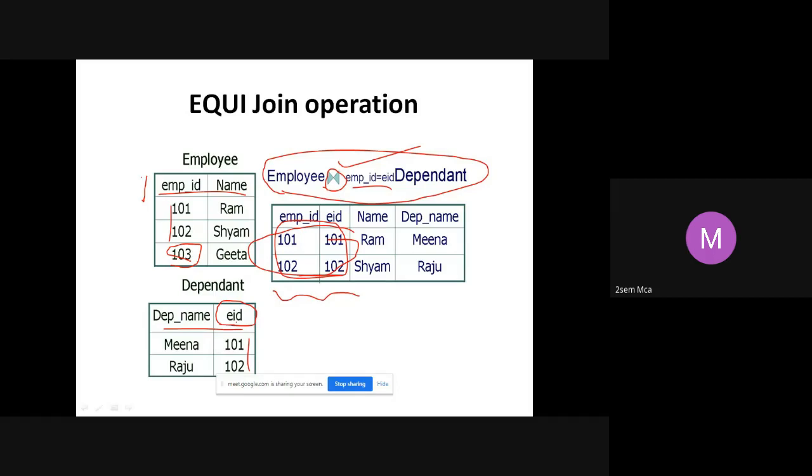When can you apply natural join? When the names of these attributes are the same. Only then can I apply. Otherwise, I cannot apply. So in this case, what can I do? I can rename this attribute. Either I will rename EID or I will rename employee ID, and then I will apply the natural join. So in that case, I can avoid this kind of a problem.